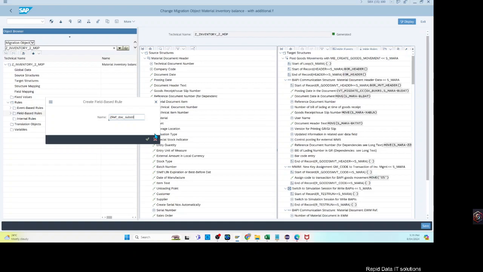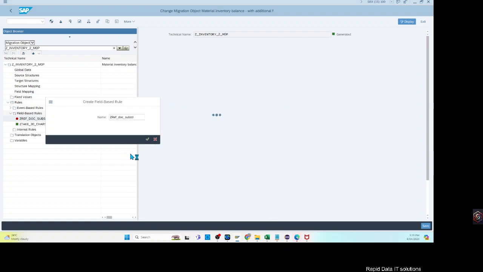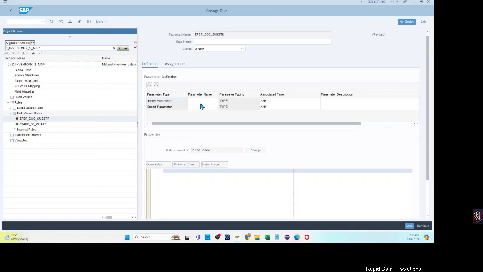substring. So we're going to take as an example only the initial 30 characters of the input value, and that will come from the template. Now this is just an example, and you can apply the same process for real project requirements. So let's call the import imp_doc_ref and the export exp_doc_ref, and